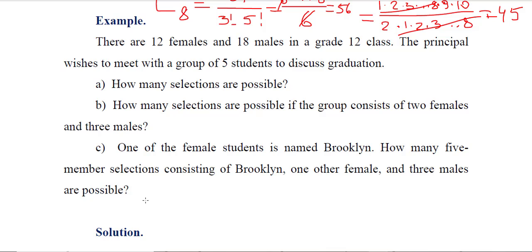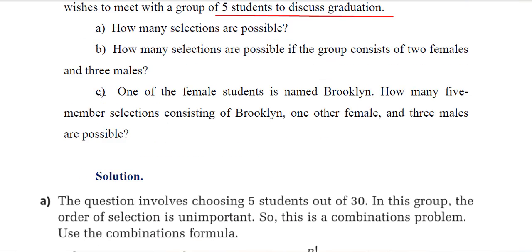So the question, is it clear? So there are 12 females and 18 males, and the principal wishes to meet with a group of 5 students to discuss graduation. How many selections are possible? Firstly, let's consider A1 firstly. So,